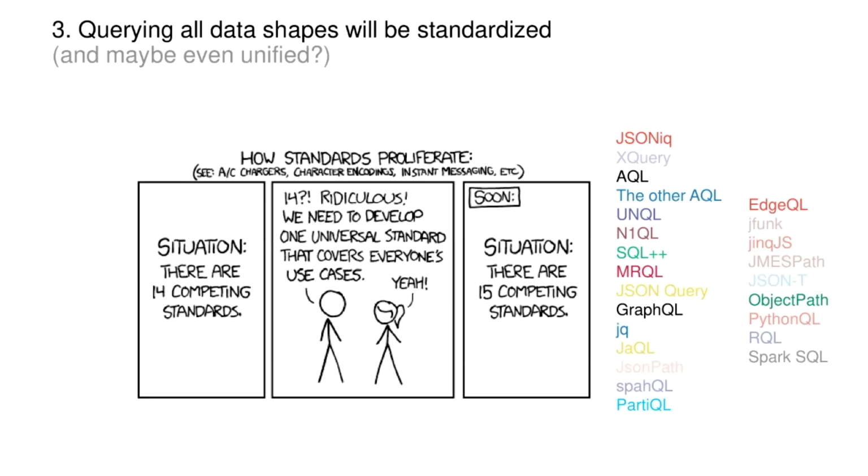XQuery, I would say, was the first one because that's W3C. JSONiq came shortly after that for JSON. That was maybe 2010, 2011. As part of the discussion, actually, in the XQuery working group when you discussed JSON support, the reaction back then